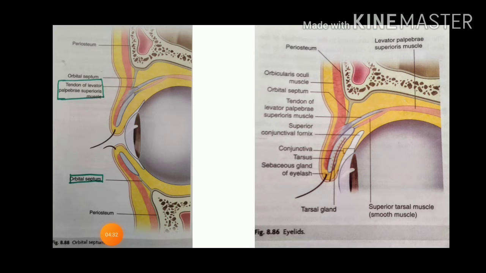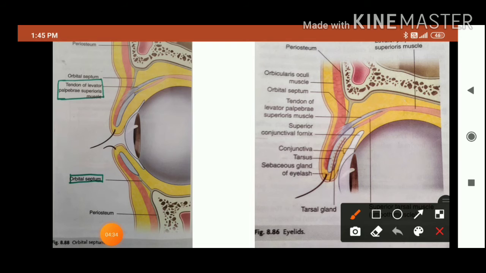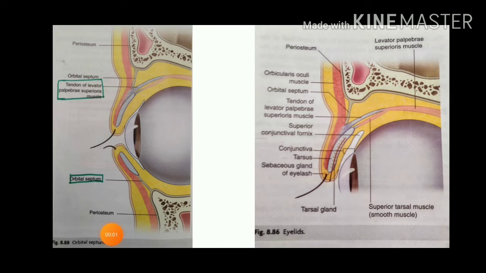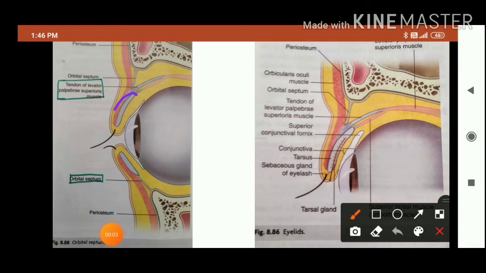Okay, now you go to this diagram. As you can see, this is the superior tarsus and this is the inferior tarsus. You already observed that this gives attachment to the tendon of levator palpebrae superioris also. This is the superior and inferior tarsus. Now you can see that along with the superior tarsus,